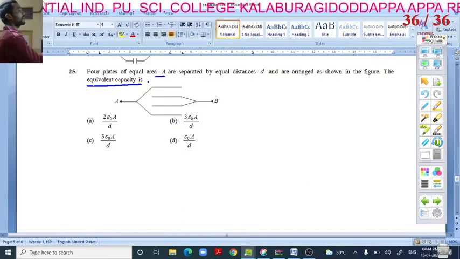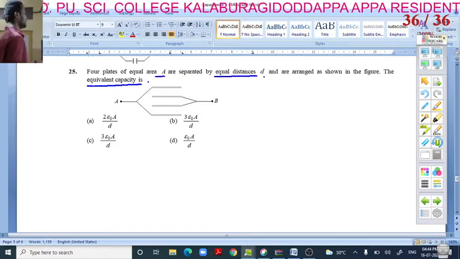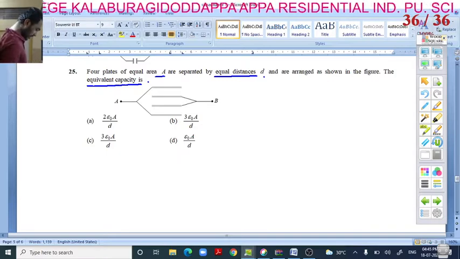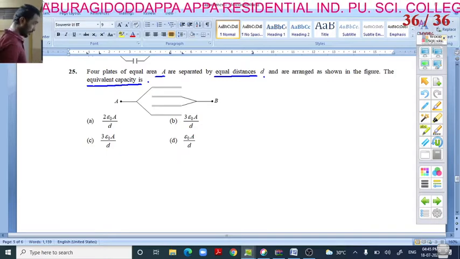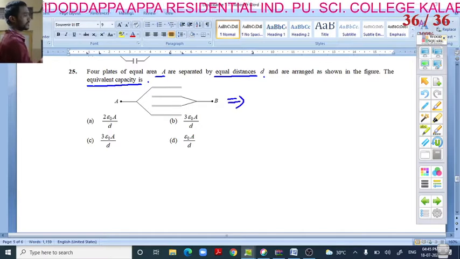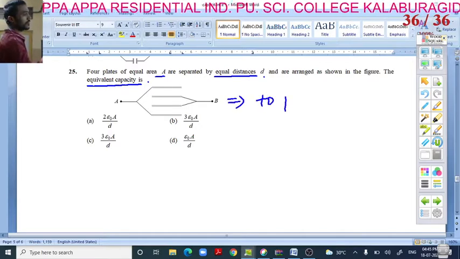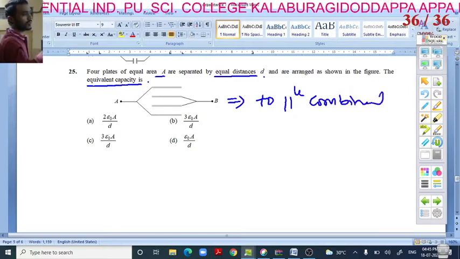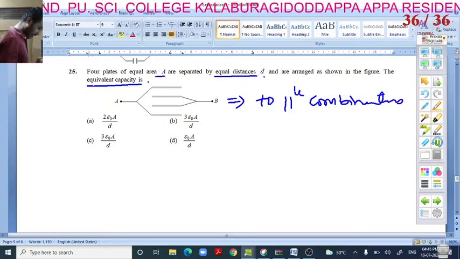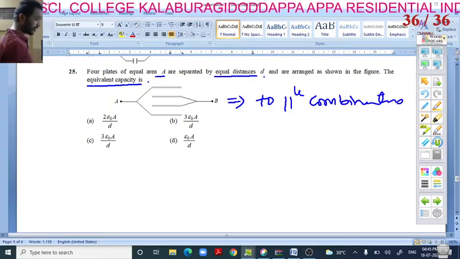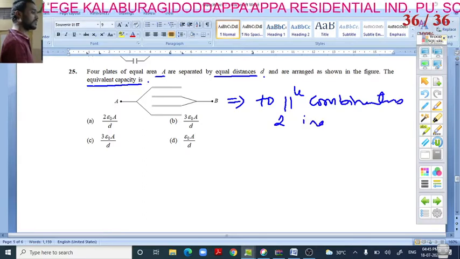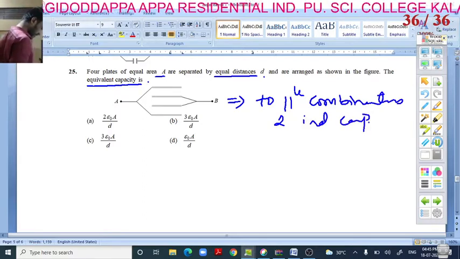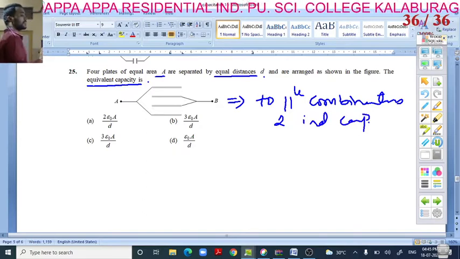Okay, this I can simplify here. Say the given circuit is equivalent to a parallel combination. This given figure is equivalent to a parallel combination of two individual capacitors, right? Hence the equivalent capacitance between A and B is